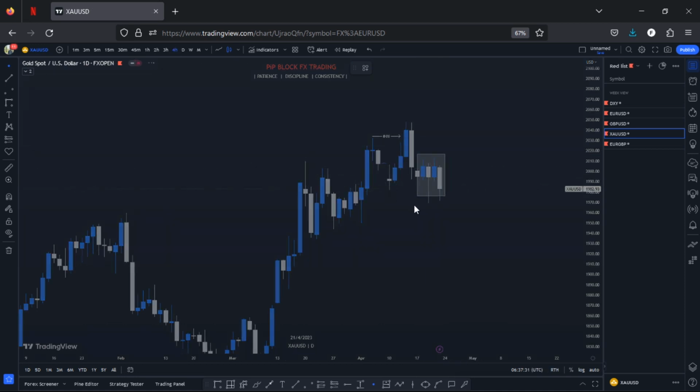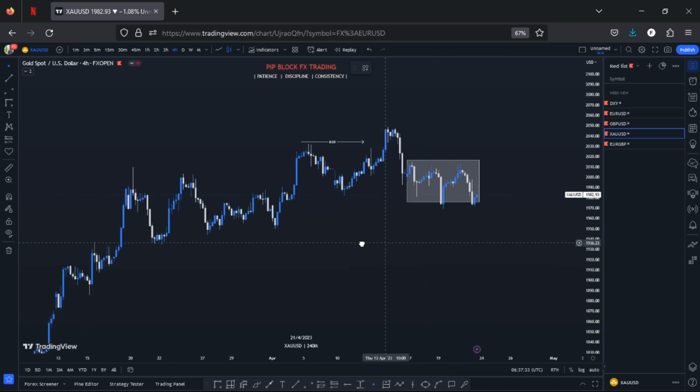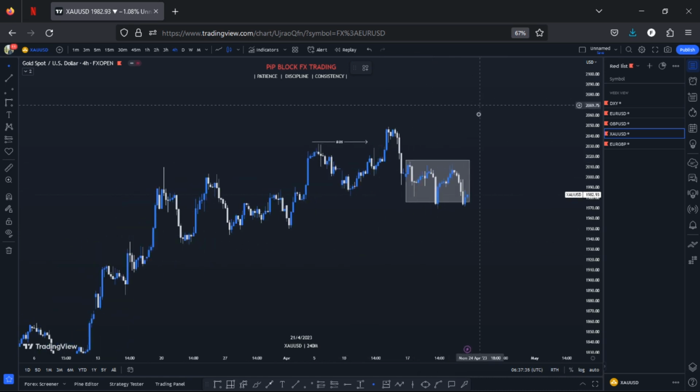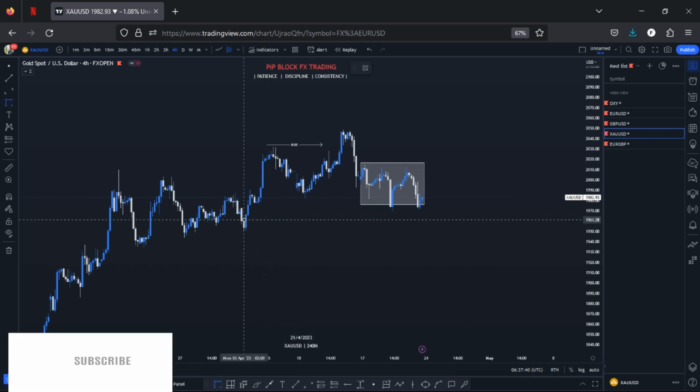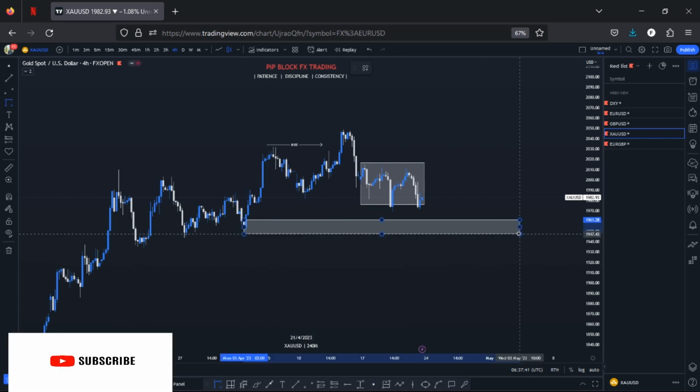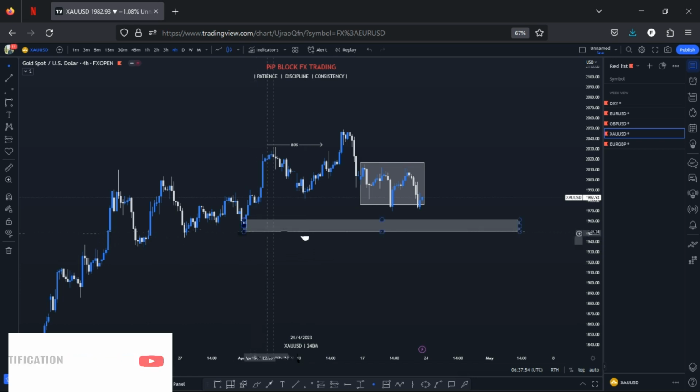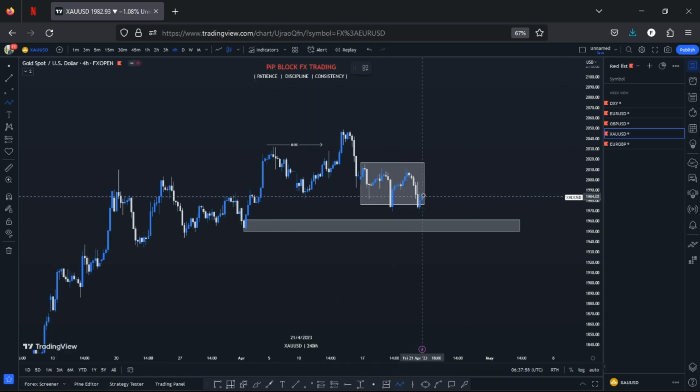So let's just go to the 4H time frame, see what we'll be expecting for this coming week. So since we are very bullish on this pair, what am I going to be expecting? I'm expecting markets to trade into the zone right here. Okay, so I have this zone right here. I'm expecting markets to trade into the zone right here, give me a reason to buy, then I go for my buy.